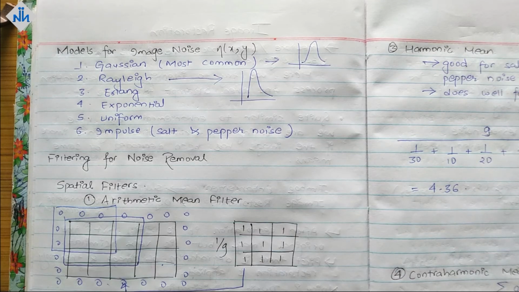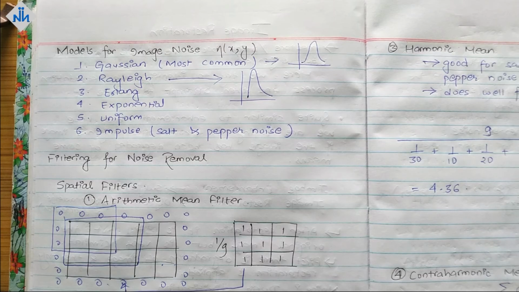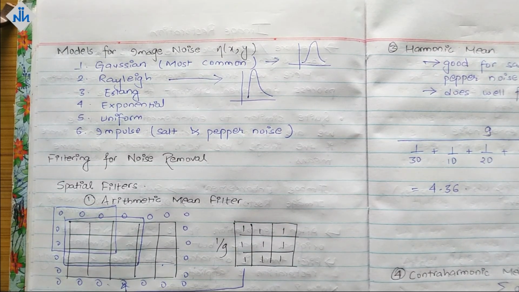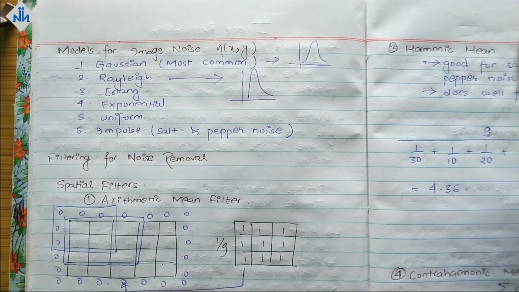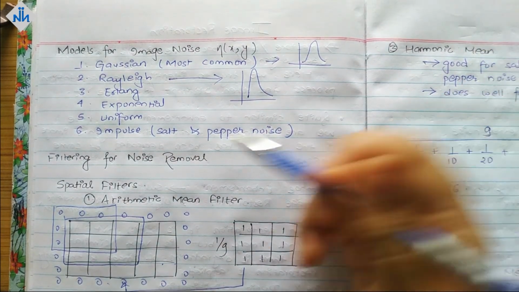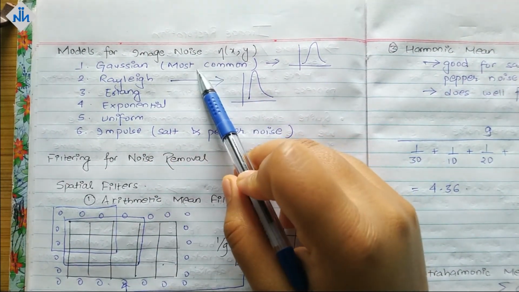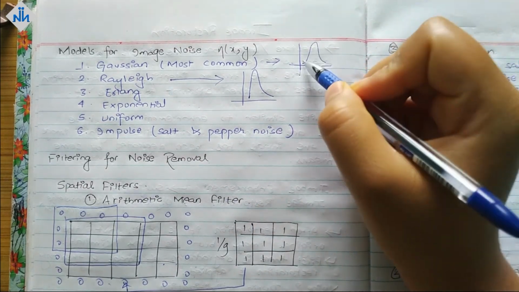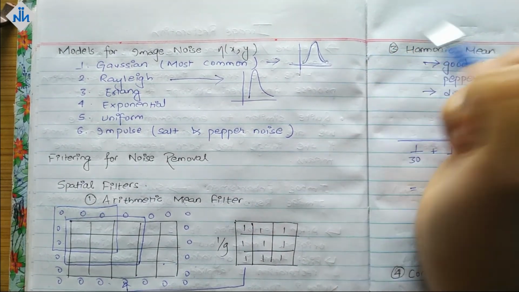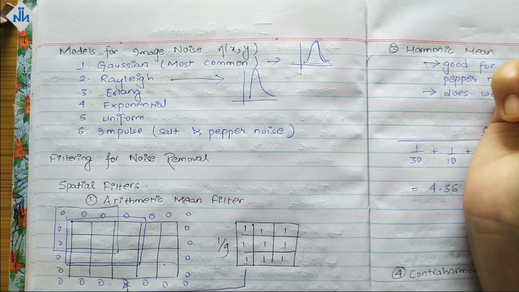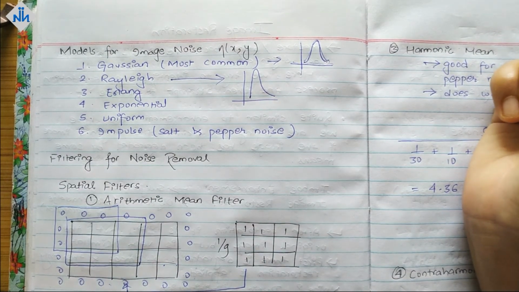In the last video we were talking about noise, and we had the conclusion that if we know the noise model, or what type of noise is injected in our image, then we can remove it and get our original image. There are some types of noise models that are introduced in our image, and one is Gaussian. Gaussian noise is the most common noise, and it looks like a Gaussian curve. If this type of noise is added in our image, then we can remove it later on.